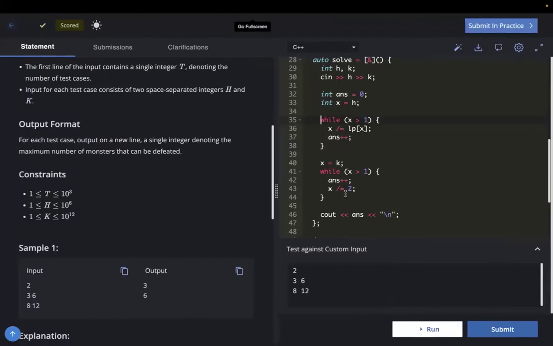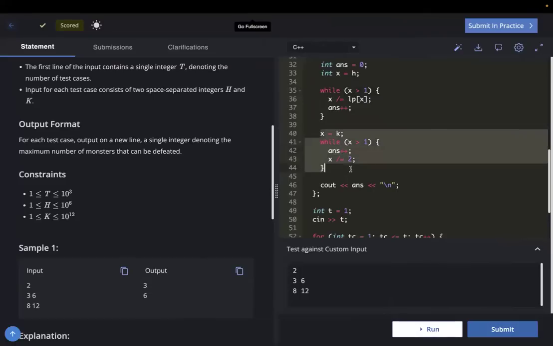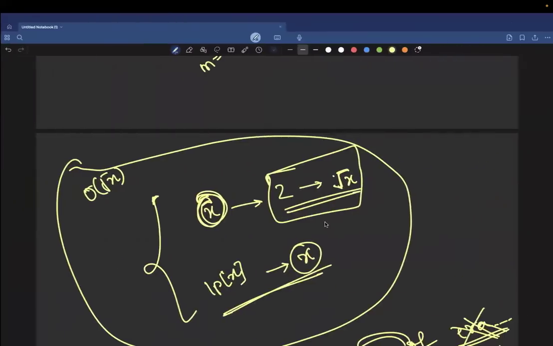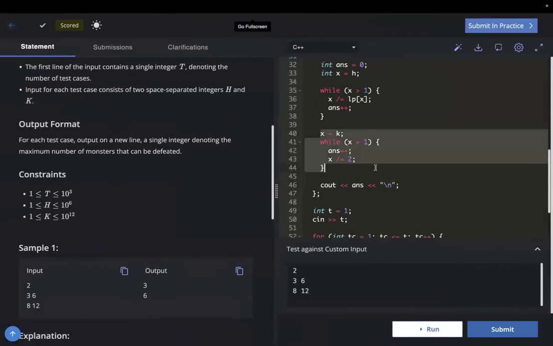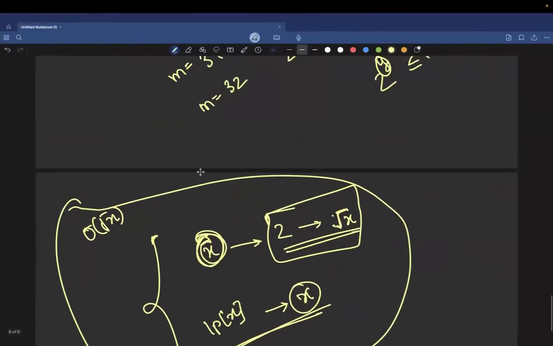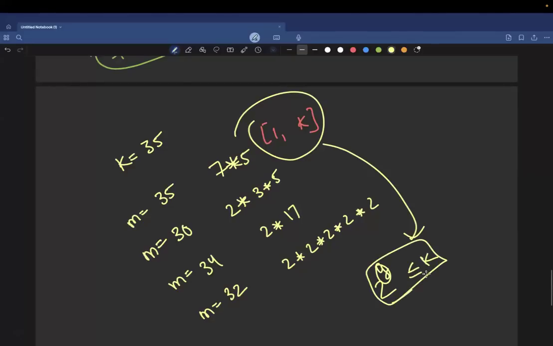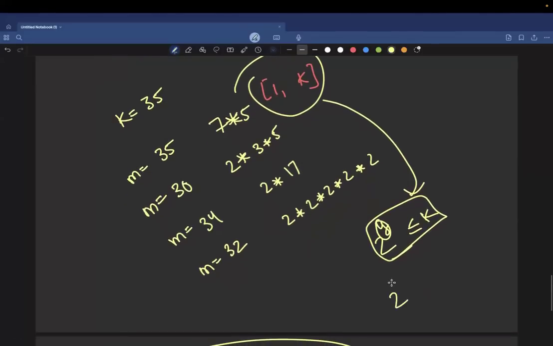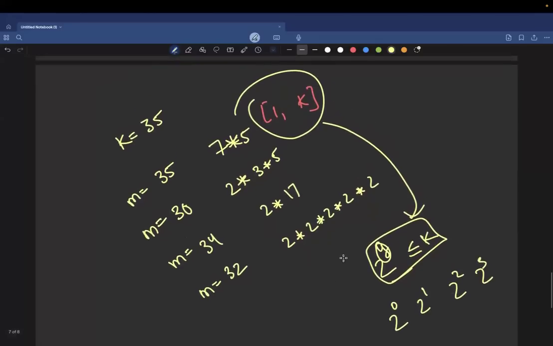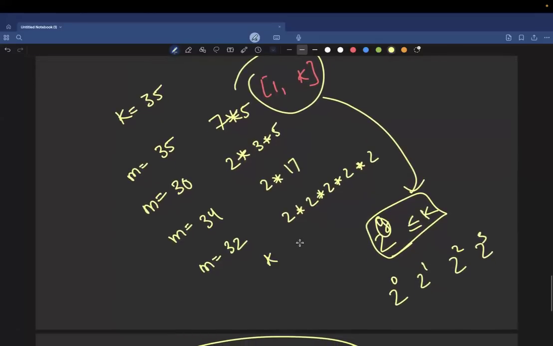And after that, I'm having this while loop, where I'm basically doing it in the reverse way, to find out the largest value of y such that 2 raised to the power y is less than or equal to k. Instead of going from 2 raised to the power 0, 2 raised to the power 1, 2 raised to the power 2, 2 raised to the power 3, and so on, I would just divide k as long as I can,